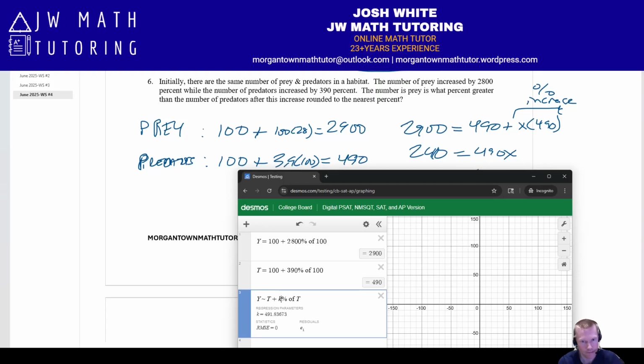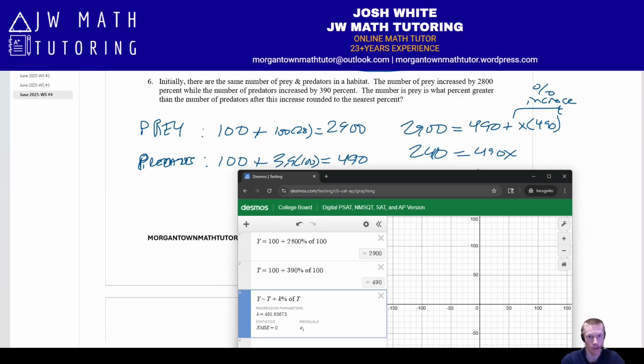There we go. So notice if you type it in here like this, essentially 2,900 and then regression 490 plus, whatever, p percent, k percent, whatever thing you want to use of t. This is actually giving you the percentage right here. This is not giving you the decimal equivalent. This is giving you the percentage because I put the percentage sign in the value. So this is the answer right here,